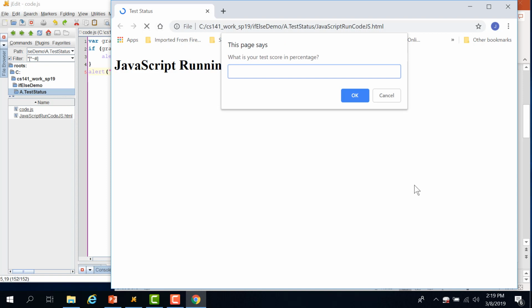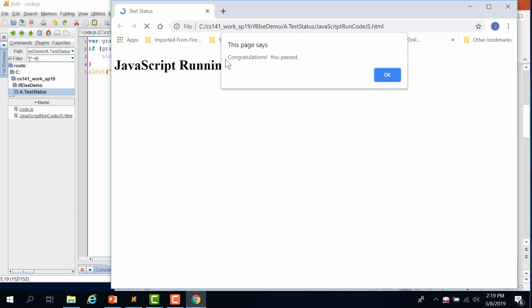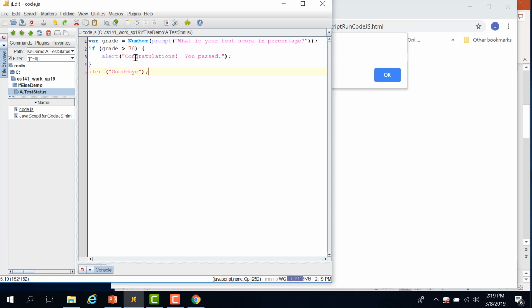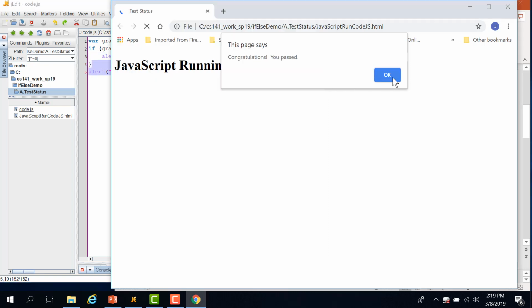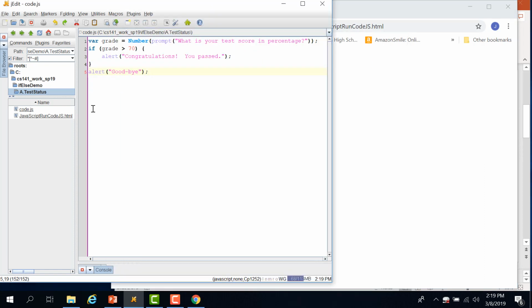Now, this time we were feeling better, we prepared more, and we got an 82 on the next test. And so when we say OK, it's going to say, congratulations, you passed. This condition was true. It was greater than 70, so we are getting the congratulations, you passed. And then it will continue with the rest of the code. So we also get the goodbye. So here we're controlling which code is executed by saying, if this is true, and only if it's true, execute this code in